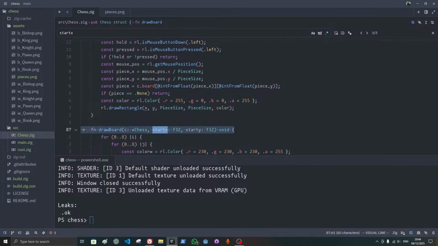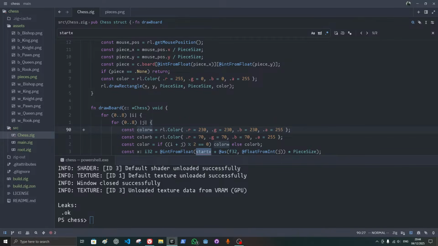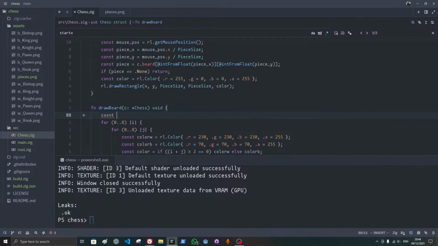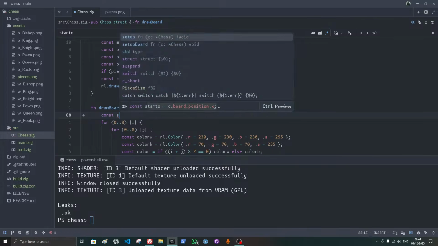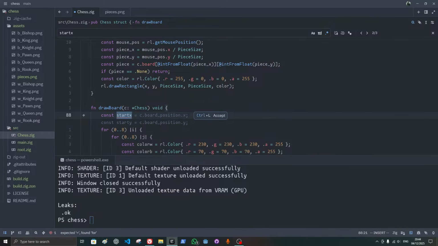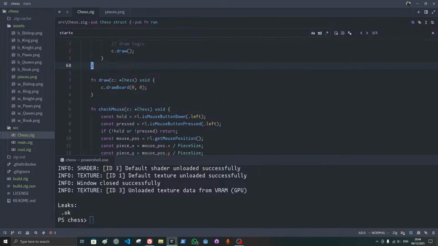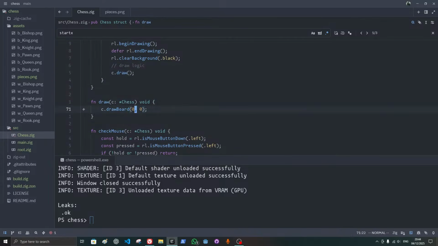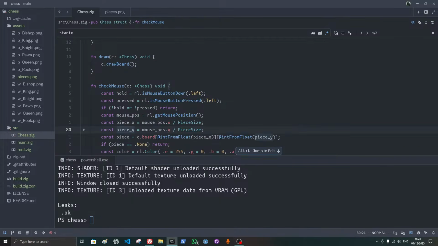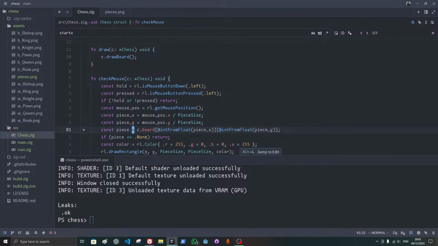I do not need these things anymore because I can just define const start x is c dot board position dot x. Yeah, very good. It's just that whenever I call it, I don't need. Now in here,